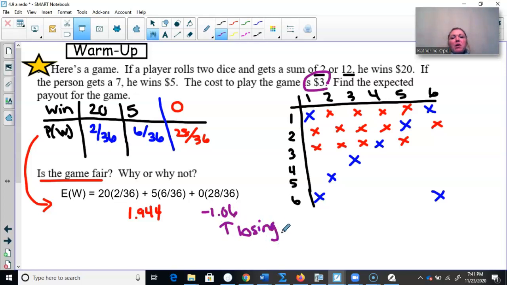So how much would you pay to play the game? If the expected winnings is about $1.94, I would pay no more than $1.94. That means I'm going to be breaking even in the long run. I'd probably want to pay like 10 cents, but in the long run, we would be breaking even. I'm going to put this in as a video as a little warm up. Check your understanding: is the game fair? Because this is a common question on the AP test. And then we're going to move on to transforming variables with